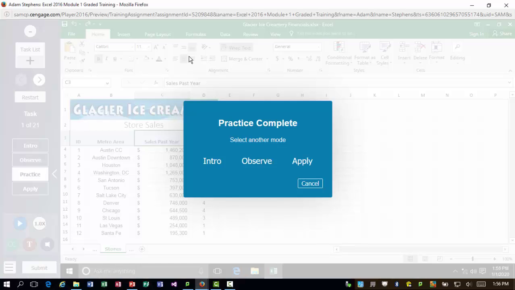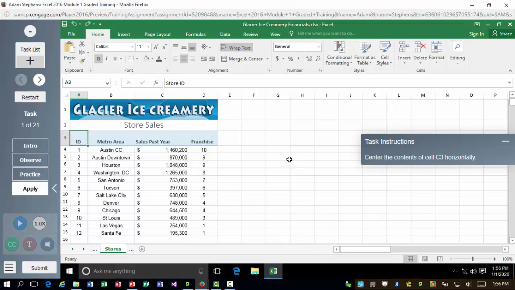This is going to be the most like an exam question. This is the one that's going to mirror what they'll see on an exam. I'm going to click apply, and they are given the instructions. It doesn't say a word to them. It doesn't give them any call outs. It says center the contents of cell C3 horizontally. That's the task. That's how they're going to be presented this in an exam. So if I go to C3,